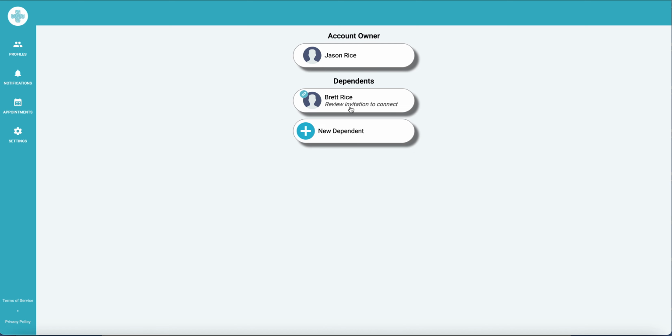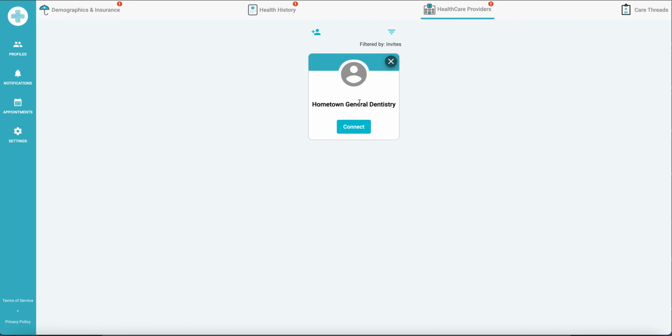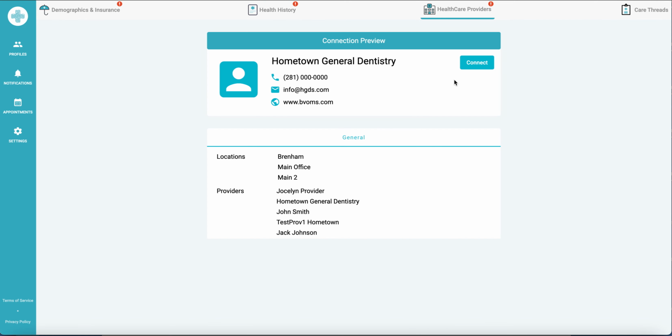In this case, the system is telling us that Brett has an invitation to connect from a provider. Takes us to the provider screen where we can review that connection request. We can review details about the connection, and again, this will be the same in the adult account if there's a connection request. The patient, or in this case guardian, can elect what privileges to allow this particular provider and